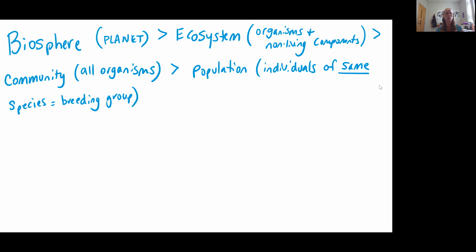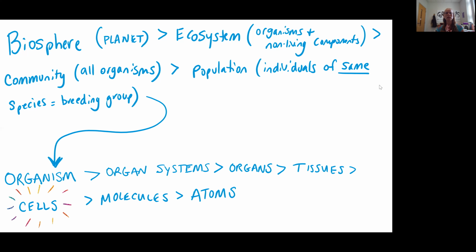Community is talking about all of those organisms. Remember, in the case of population, you wouldn't have a prey and a predator in the same population, right? Because you're either talking about that prey species or that predator species. In the case of community, you are talking about the prey, the predator, the decomposer, the plant, all of that together. And then once we have organized life on the planet down to the species level, then we can look at the individuals. And remember, individuals are organized into the organism, organ system, organs, tissues, cells, and then the molecules, which are composed of atoms.